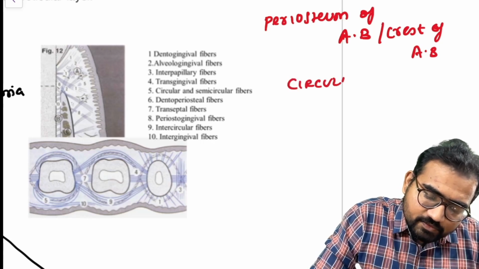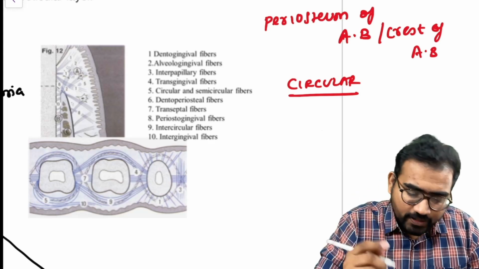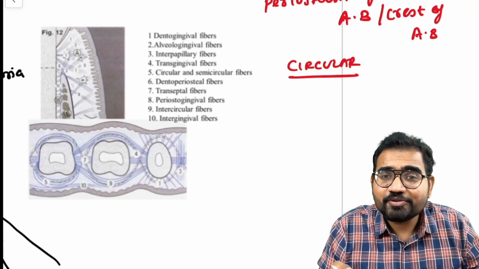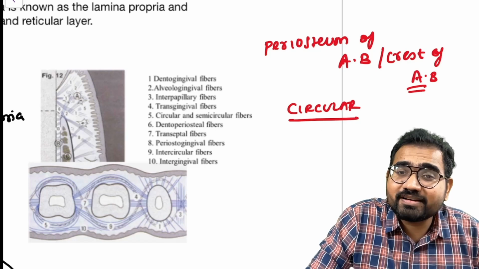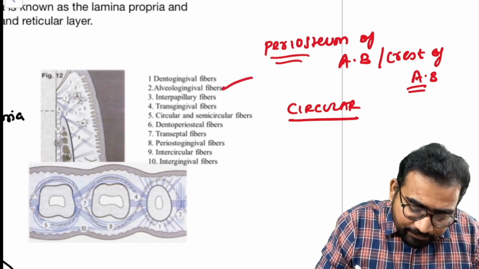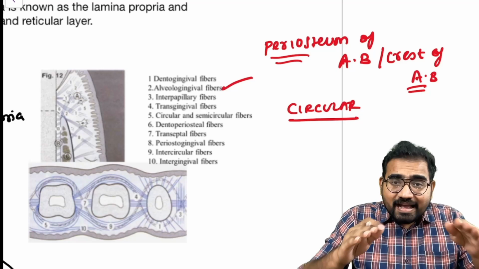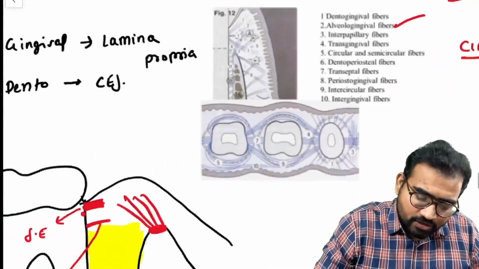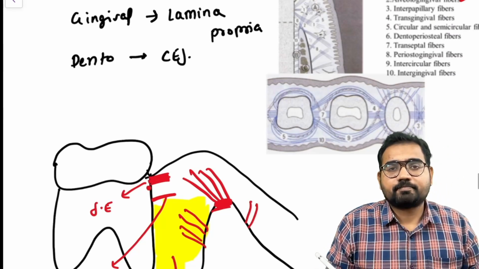Circular fibers means it just circles the tooth above the crest of the alveolar bone. Dentoperiosteal fibers: cementum to the periosteum, but since we already know a fiber originating from the alveolar crest, which is alveologingival, this dentoperiosteal extends from the cementum into the periosteum of the alveolar process, that is the lateral aspects, not on the crest. So it is not originating from the crest, rather it will just end in the lateral aspect. That is called as